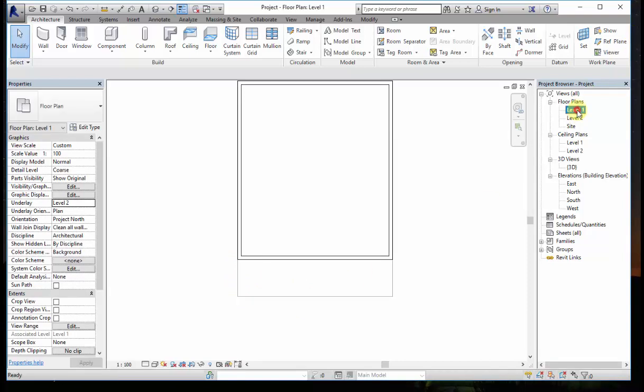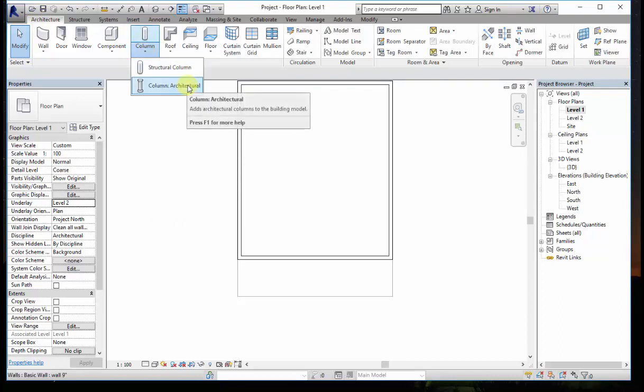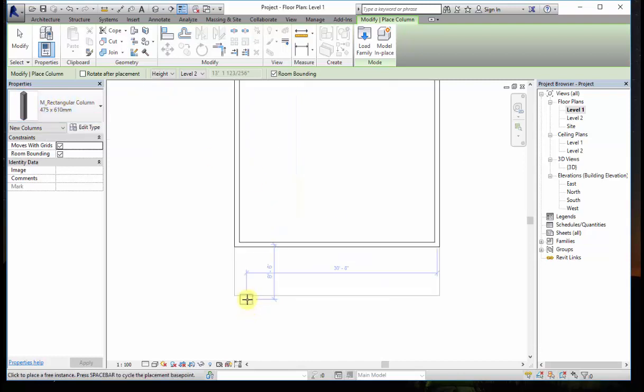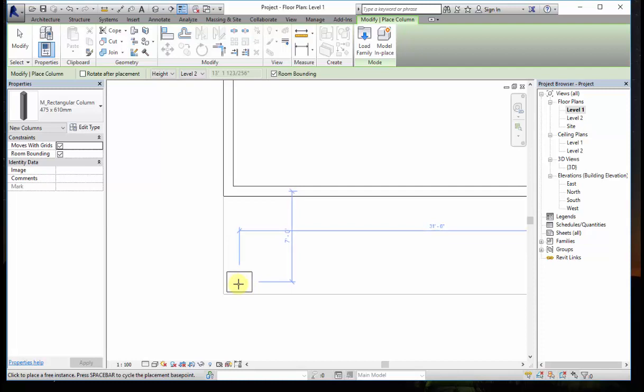Next, I will double click on level 1 now. Then I'll go to Architecture. Here I have the option of column, so I'll drop down this column option and select the column type as column architectural. After you click on this, you will get a normal rectangular column. If you want, you can directly place a rectangular column over here. But just imagine if you don't need this kind of rectangular column, if you need an architectural column, then